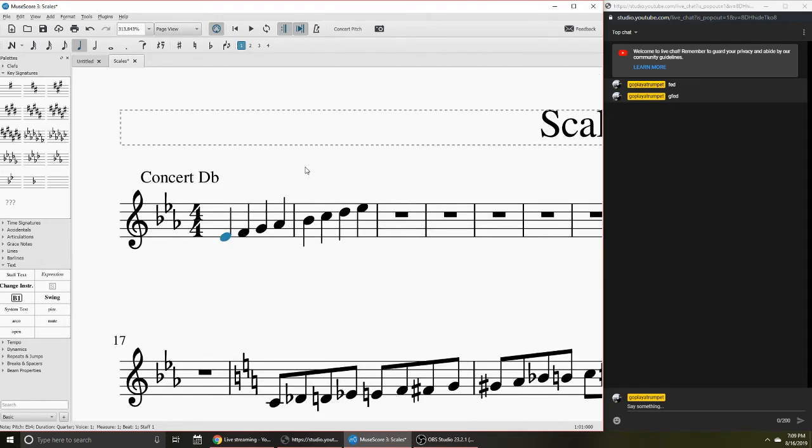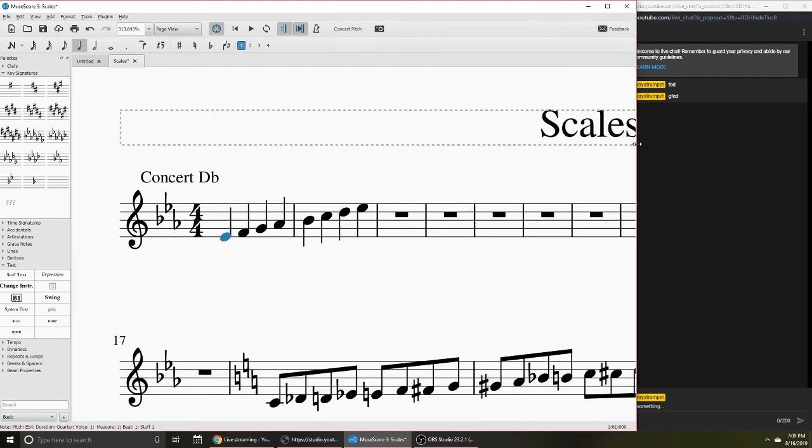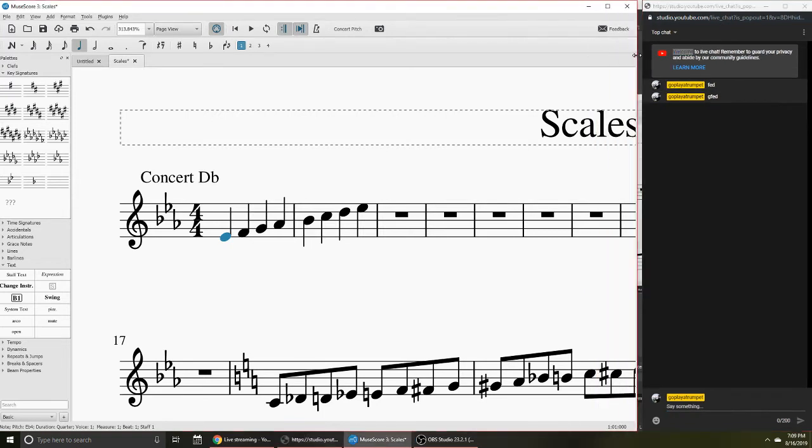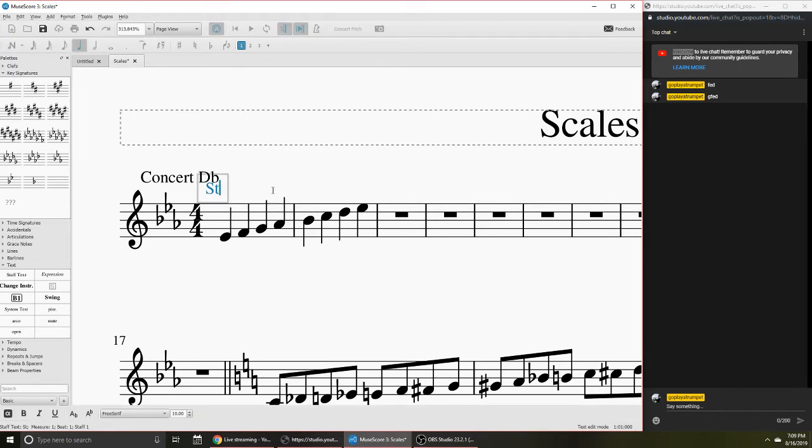So if you're really struggling, let me bump this over here. There we go. If you're really struggling with this scale, there are tricks, okay? I'm not crazy about them, but it is good to know that the fingerings are easier than you think. It's good to recognize these patterns. It's best to know the scale notes, the flats. Like, you need to know the letters. Don't ever get out of that. But